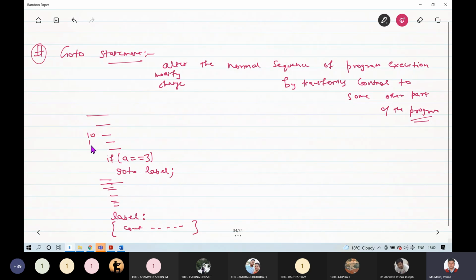So let's say this is 10th line, 11th line, 12th line, 13th line, 14th line, 15th line, 16th, 17th. So the normal sequence of C++ compiler you can see is something like this: 10, 11, 12, 13, 14, 15, 16, 17. But in this case, suppose it will go to line 10, it will go to 11, 12, 13. And if this condition is true, it will go to 14. But after 14, it will directly go to line 21 and 22,